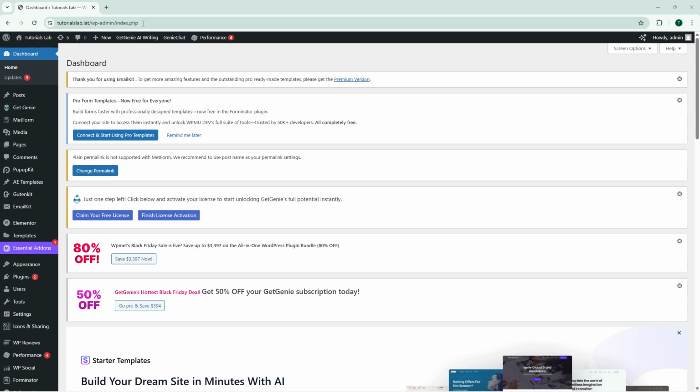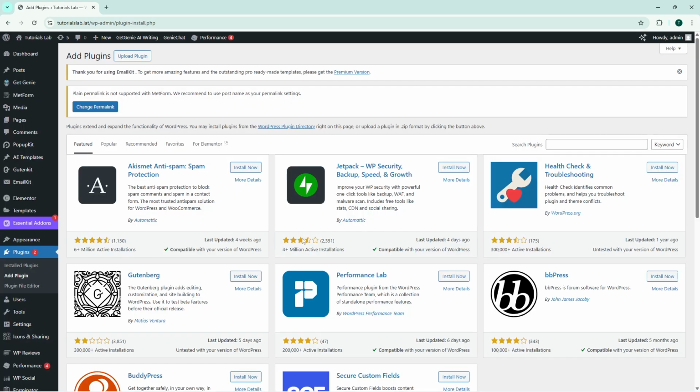Once you're logged in, look towards the left side of your screen where you'll find the main navigation menu. Locate and click on Plugins. This will expand a submenu with several options for managing your site's plugins. From these options, click on Add Plugin. This action will take you to the plugin repository where you can browse and install thousands of plugins designed to